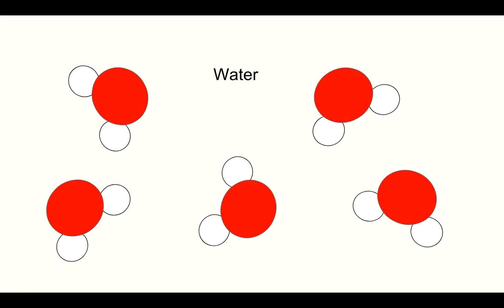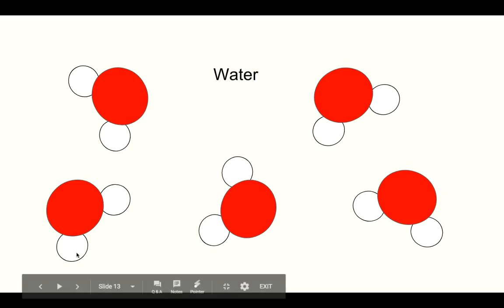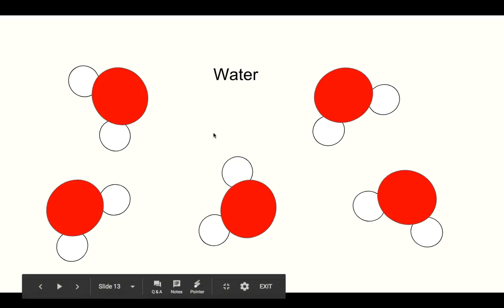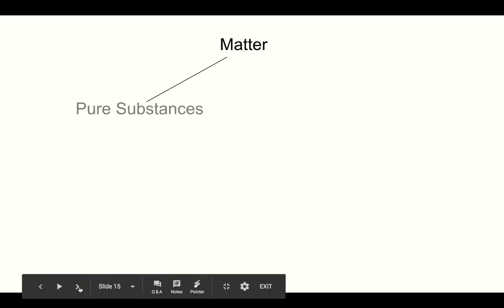Okay, so each of these molecules has a couple of atoms, but this is a particle. This is a particle of water, and all of these particles of water are the same. That makes it a compound and a pure substance because this particle is the same as this particle and this particle. Moving back to where we were,